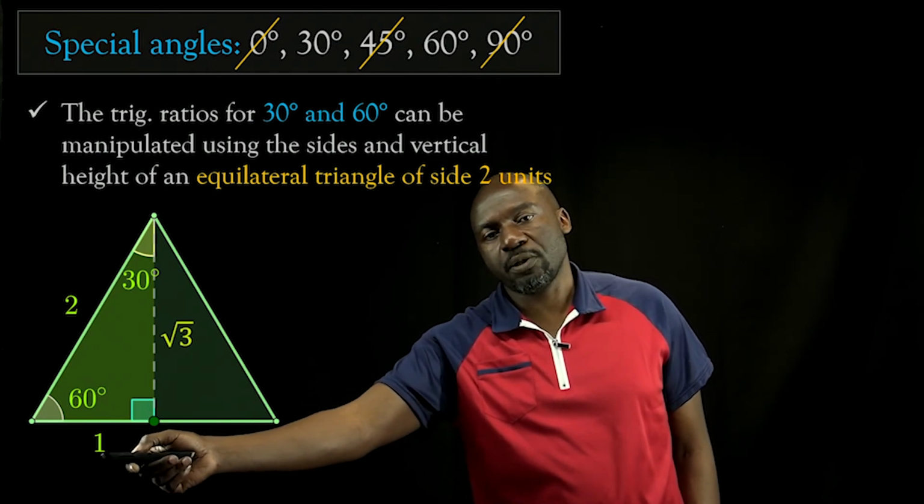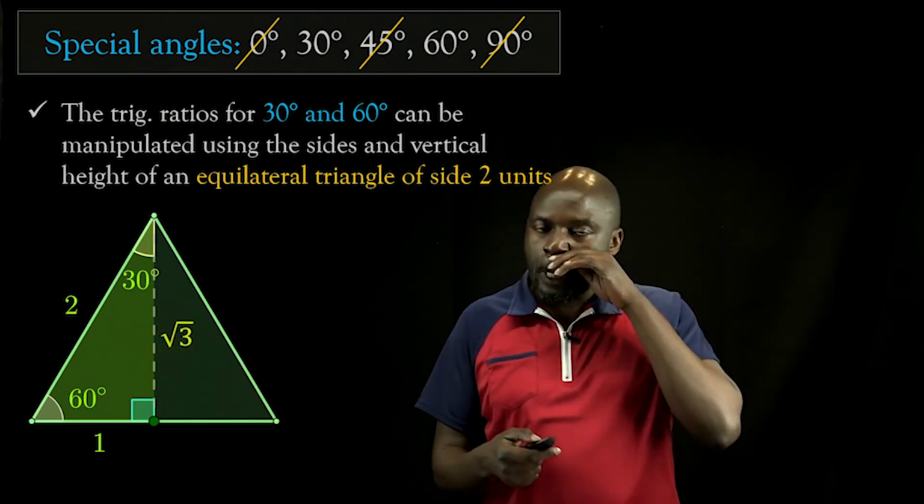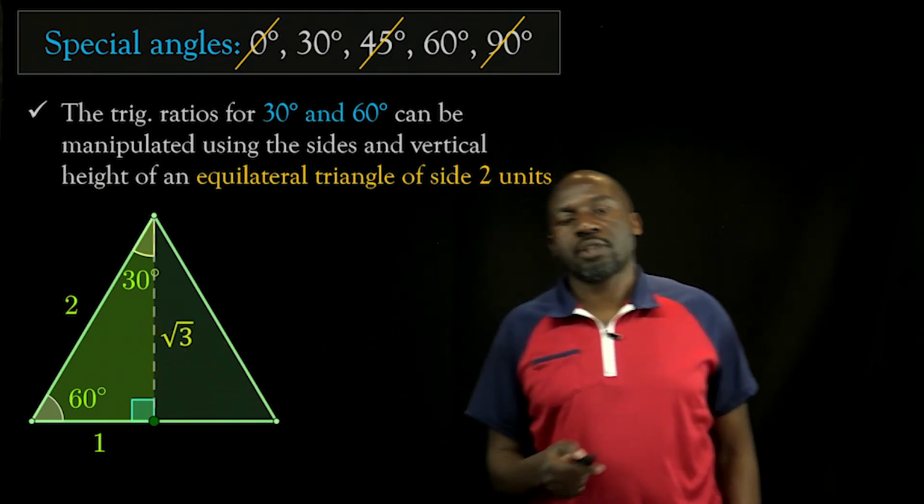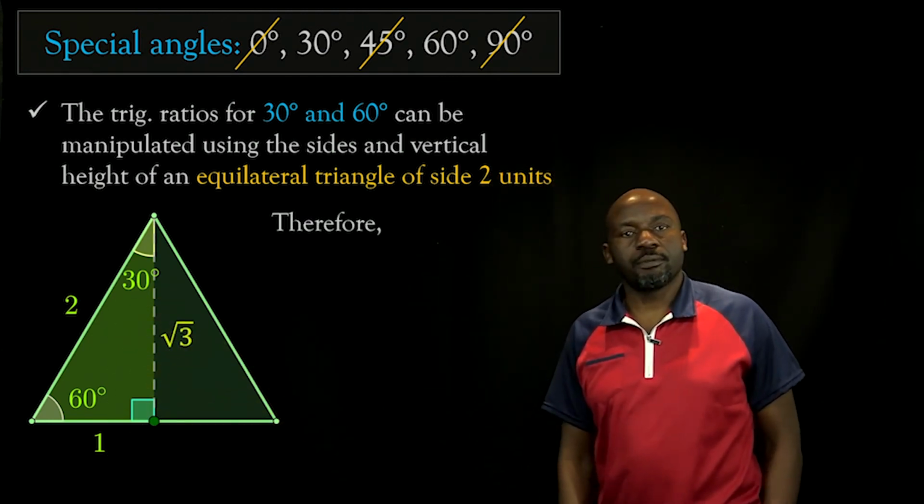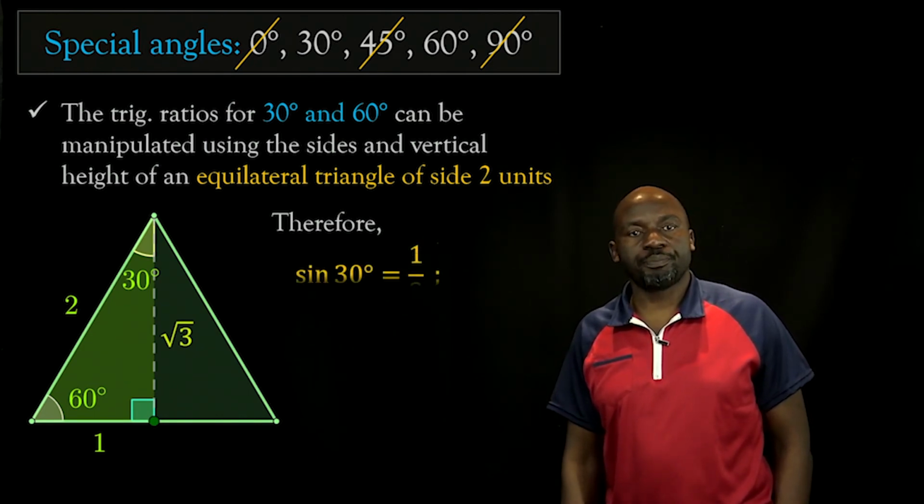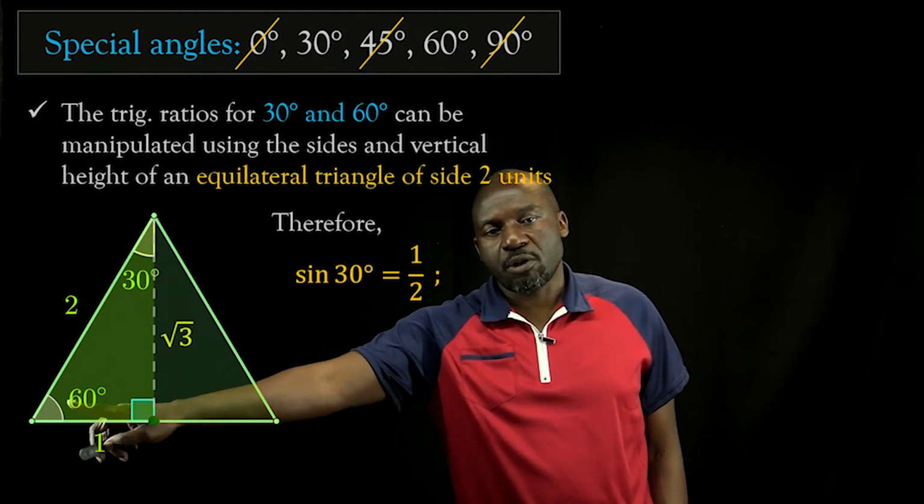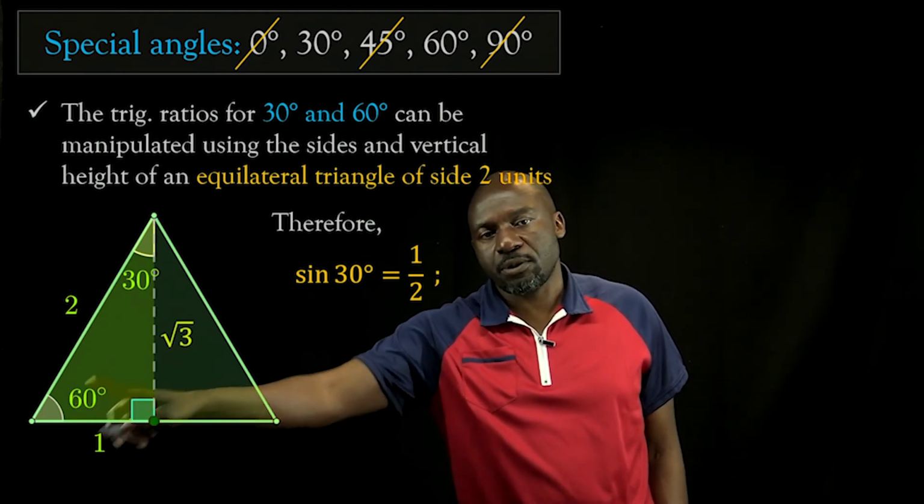Opposite over hypotenuse, the hypotenuse is 2. So sine of 30 degrees is opposite 1 divided by 2. Sine 30 is a half by definition. Similarly, sine of 60, now we are talking of the angle 60, the side opposite to 60 is root